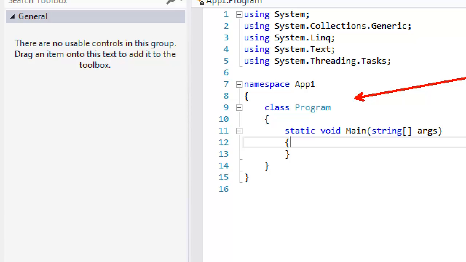And C#, as the next level language, is a little bit better. It made some concepts more clear. So let's look at C# and the language now.